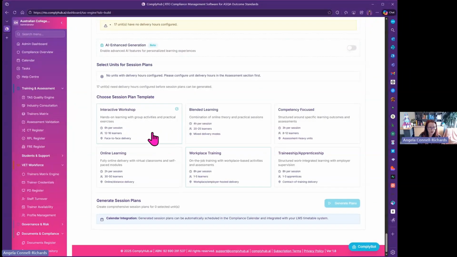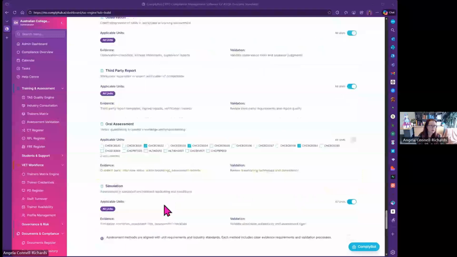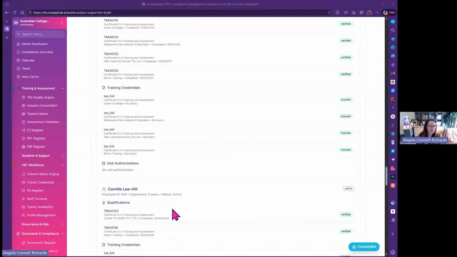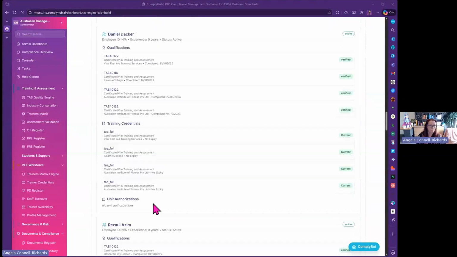So you could do interactive, and then it might also be you doing a workshop as well as workplace training. So I will change this so that you can select more than one, because there is often more than one that you can do. And then we can generate plans based on that. Okay, so that is the